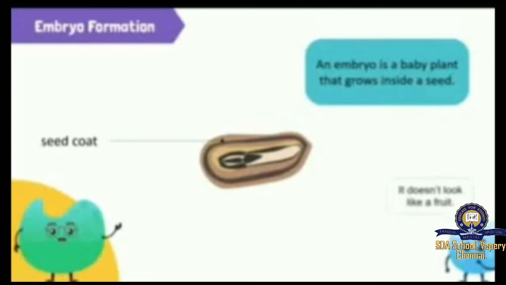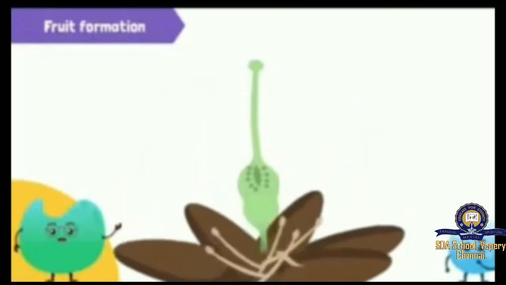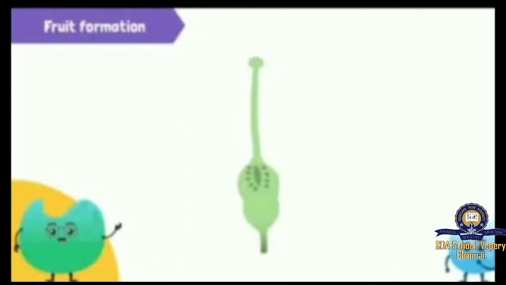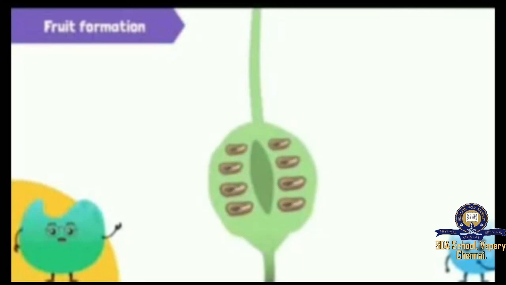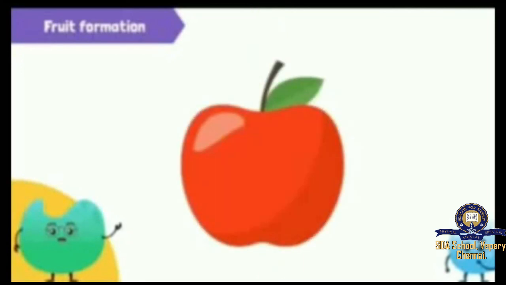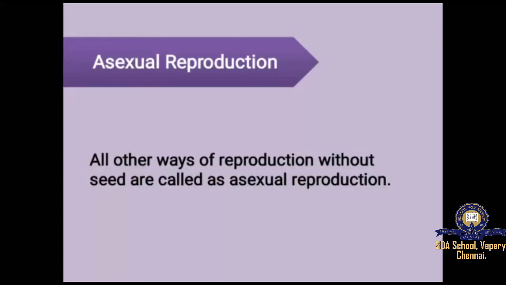It doesn't look like a fruit, right? So post-fertilization changes occur in the flower. The calyx sometimes persists with the fruit or falls off, petals fall off, androecium falls off, the pistil remains and it develops into a fruit. Style and stigma fall off. The ovules present inside the ovary develop into seeds. The ovary enlarges to store food materials and develops into a fruit.